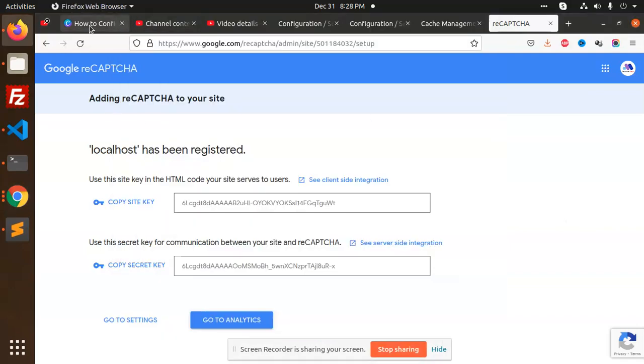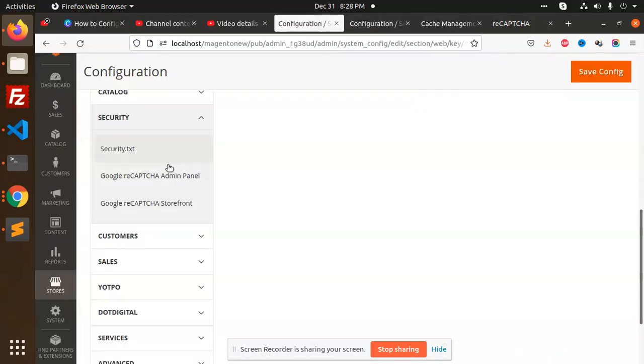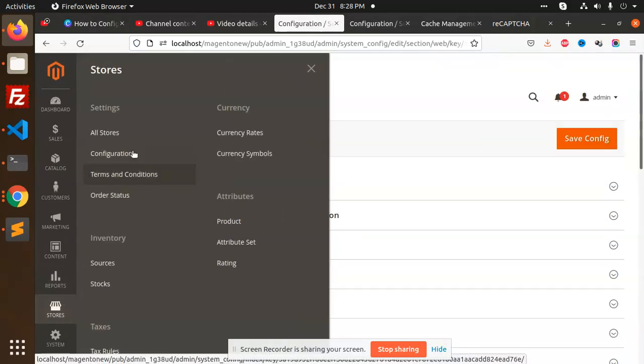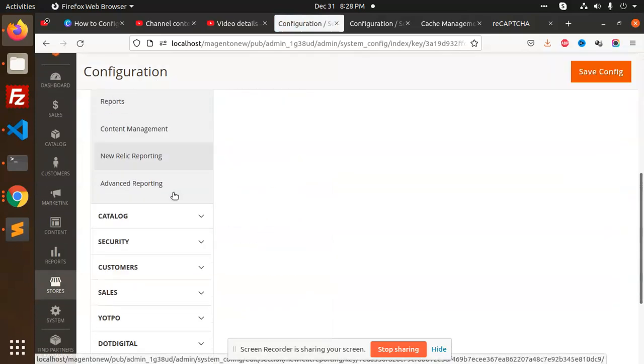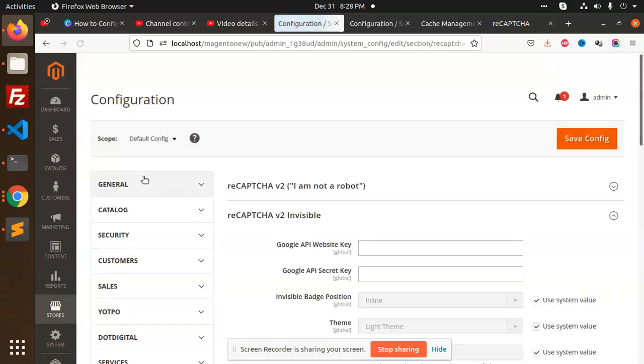Hello friends, in this video we are going to learn how to set up Google reCAPTCHA in Magento 2. So let's check out how we are going to make the security increase on the Magento forms and the Magento login panel. So let's check how we are going to configure it. First of all, where you need to go is the configuration. In the stores configuration, you just need to go to Security, then Google reCAPTCHA